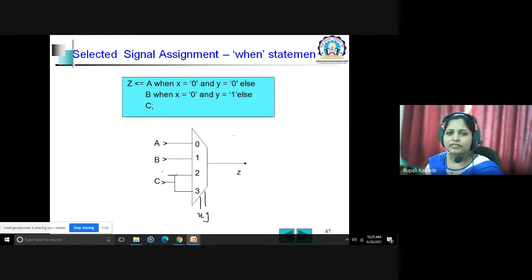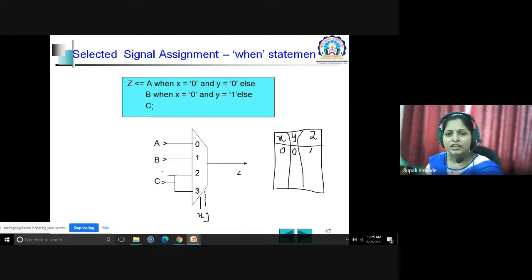So this is a multiplexer. For the multiplexer, we know that depending upon your select lines, x and y, you get the output z. If your x and y are 0, 0, then z will get the output which is the same as the input a.